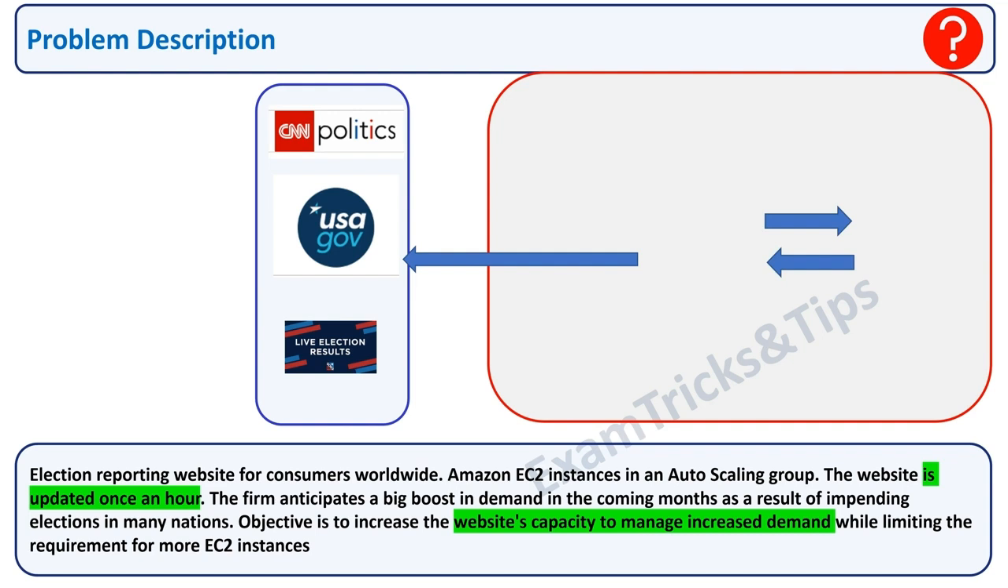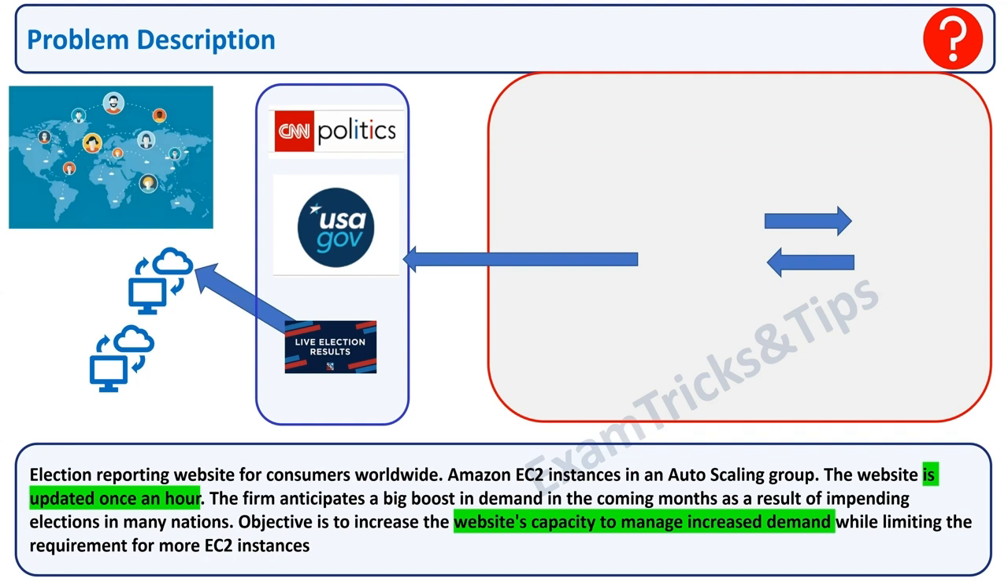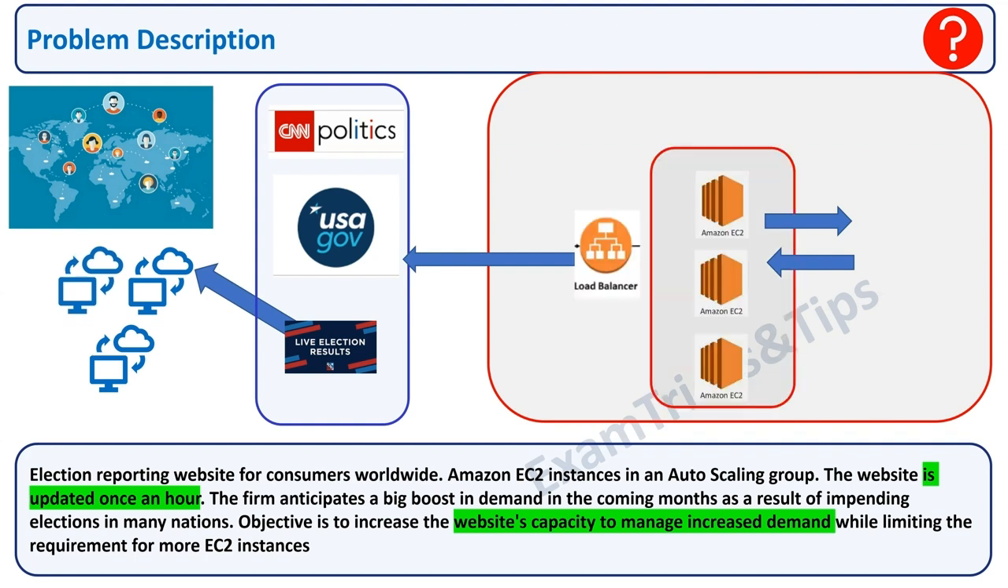In terms of the tech stack for this particular website, we have EC2 in a load balancing situation, and they're talking to Amazon RDS for queries. And this application and website is being accessed worldwide because all the nations in the world are interested in what's happening in the United States of America and the upcoming election. And that's the overall problem here. What we want the solution architect to do is increase the website capacity to manage increased demand and obviously have better latency